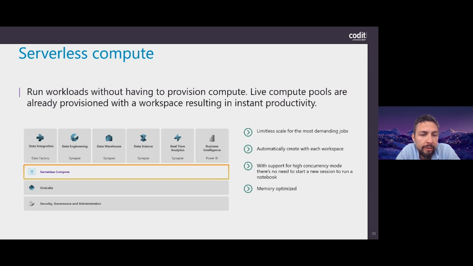So, for example, if you are more experienced in data warehousing and SQL writing, it will spin up a SQL serverless compute that will be able to do the translation into the OneLake, because there everything is stored in a single format. So the serverless compute is really there to be able to translate everything from your experience to your OneLake storage account.